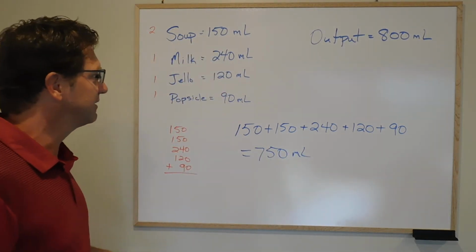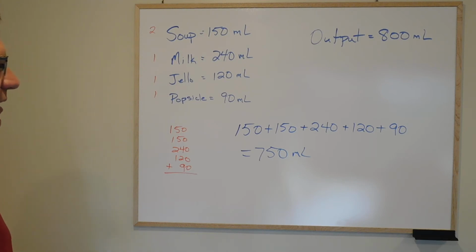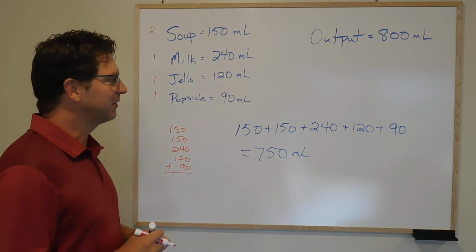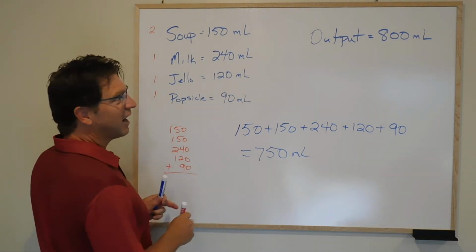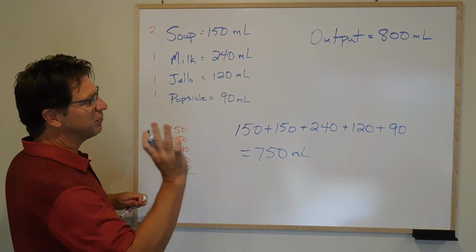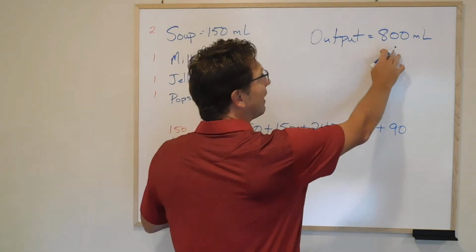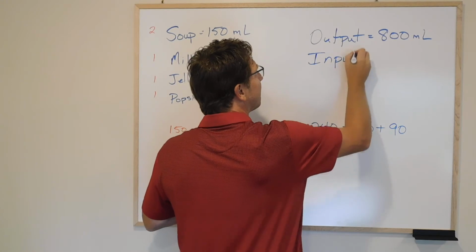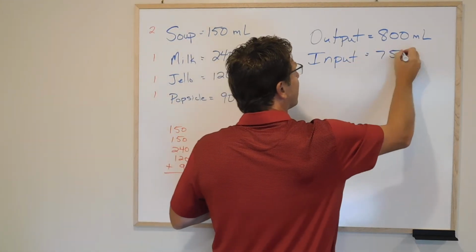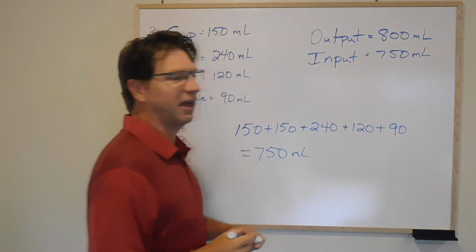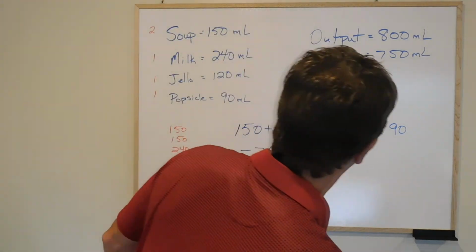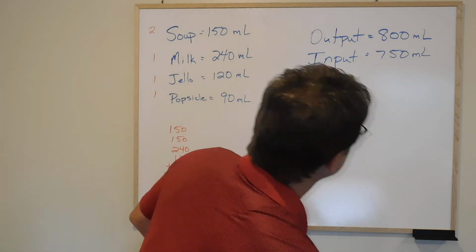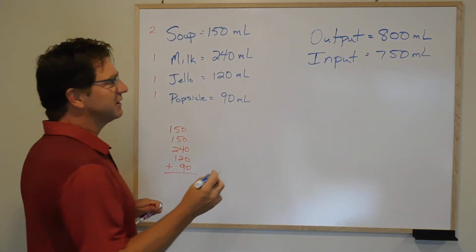And that would make sense because 750 milliliters would be less than the output, and based on how the question's written, that's what they're saying. So it says, how much does the output exceed the input? So we have an output of 800, and we have an input of 750. And if we create some space here, there we go. All we need to do is take 800